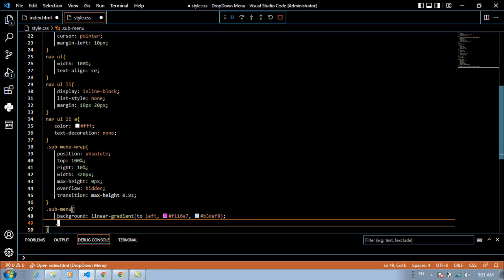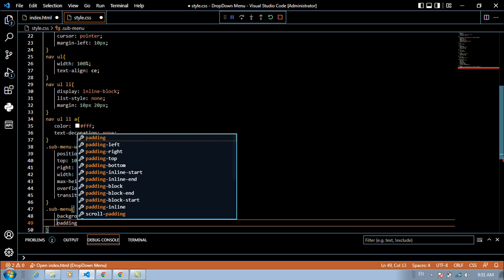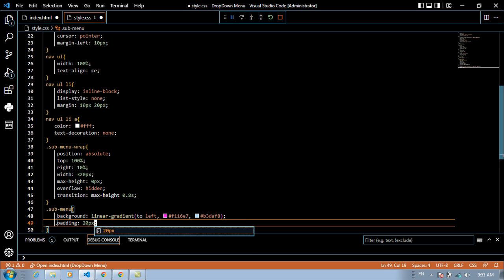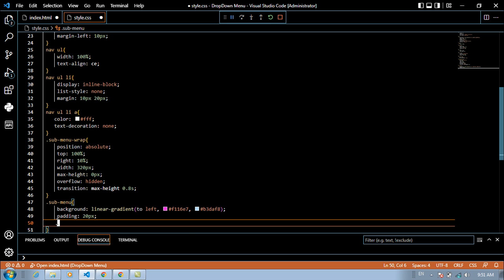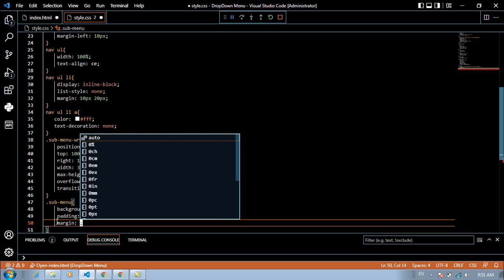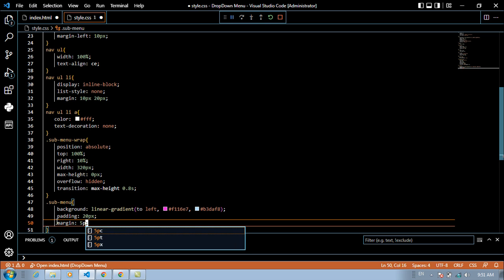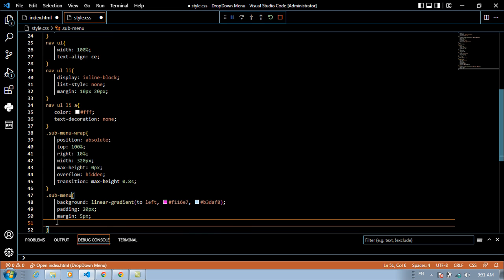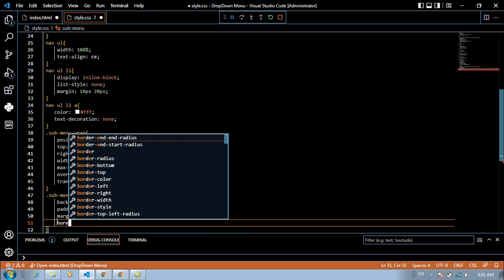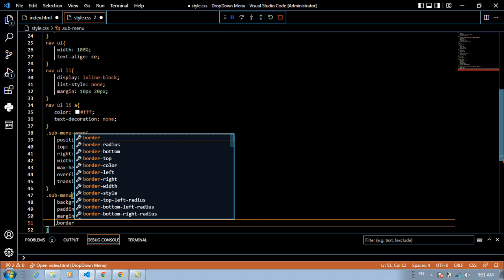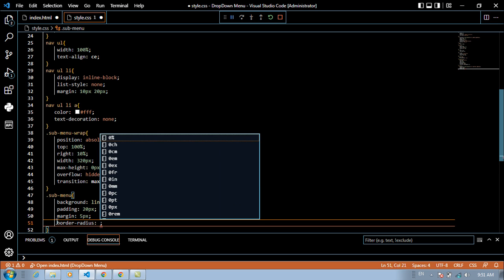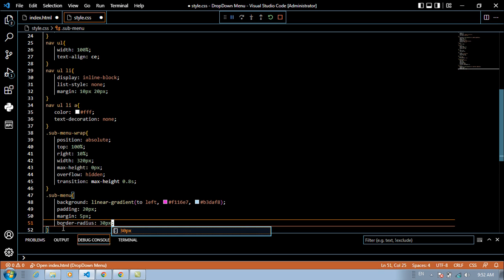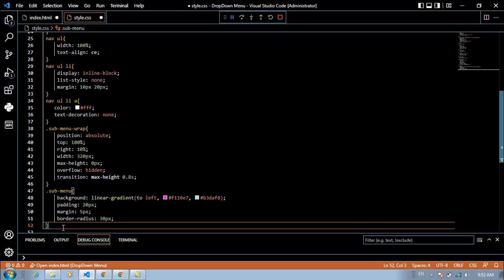For padding space, we can set 3 pixel for this one, and for margin of this one we can select 5 pixel for margin space, and for border radius we can select around 30 pixel to change to rectangle for this one. And go ahead, we have got